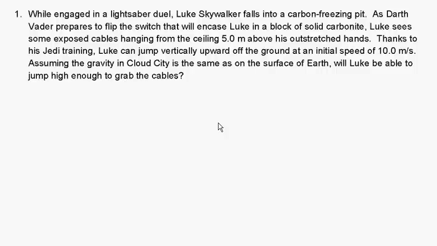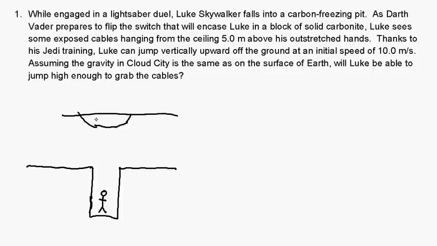Okay, let's do some 1D kinematics review. So, in this first question, Luke Skywalker is having a lightsaber duel with Darth Vader, of course, and he falls into a carbon freezing pit, so there's our little pit there. And just before the gaseous carbonite or whatever it is